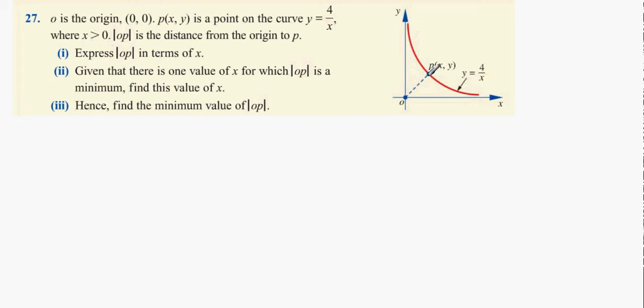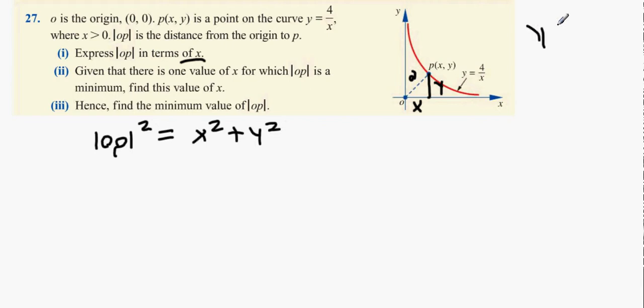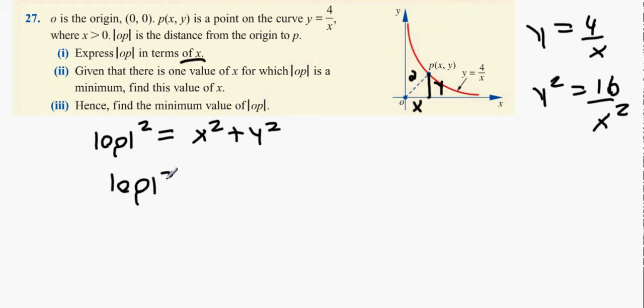Well, we can get OP from a right angle triangle. x is the x distance, this one's the y distance, and we find the distance d. So OP squared equals x squared plus y squared. We want x only. y equals 4 over x, which means that y squared equals 16 over x squared. This makes the answer for OP squared equal to x squared plus